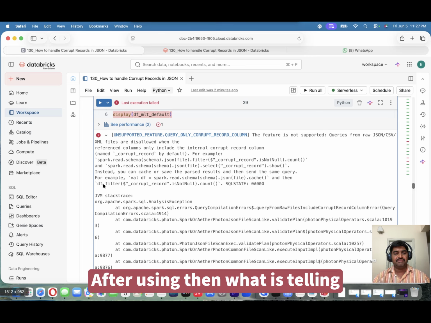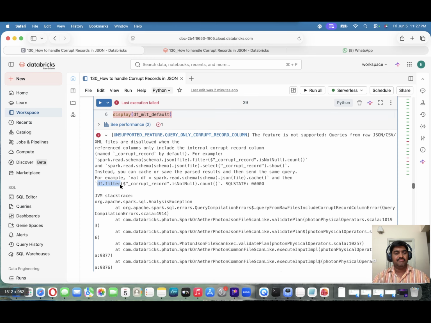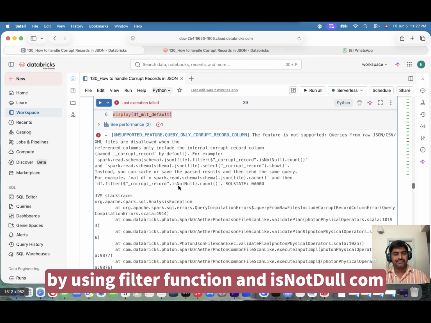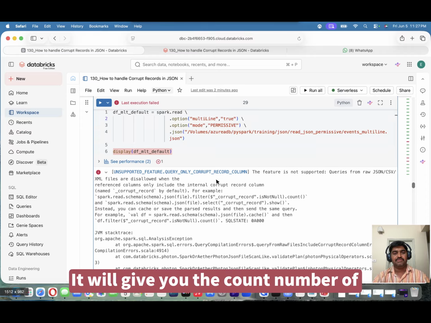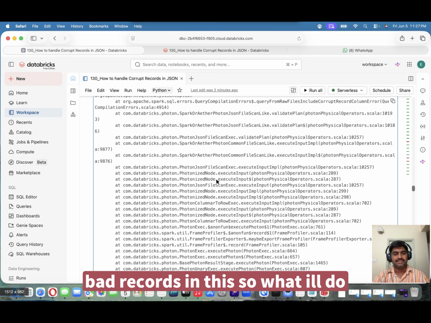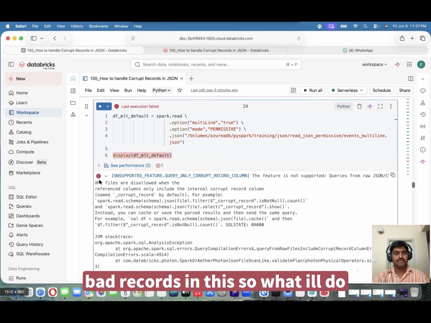After using the filter function with is not null and count, it will give you the count number of bad records in this. So what I will do,